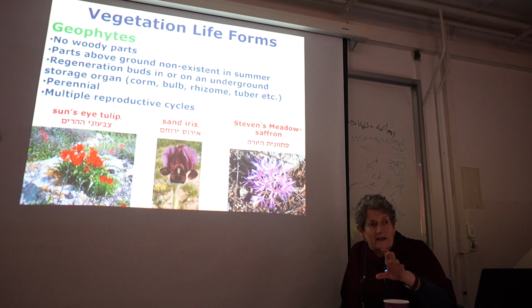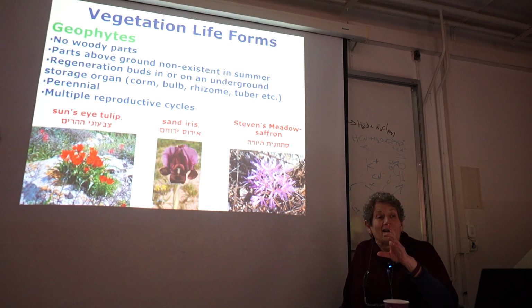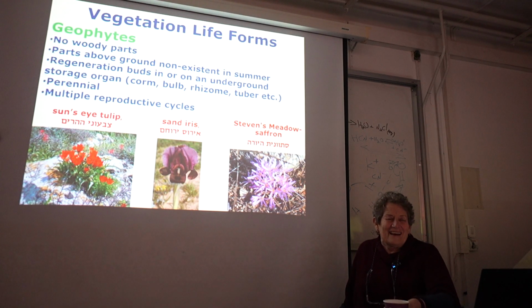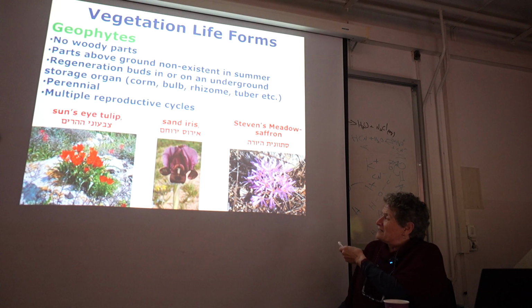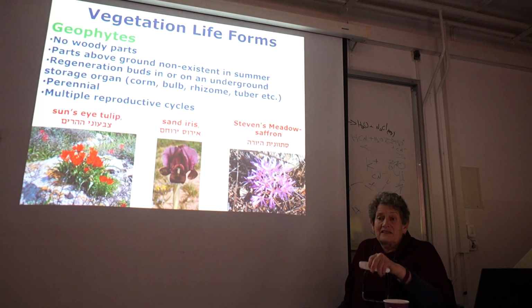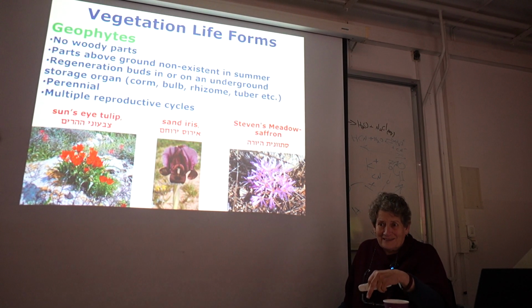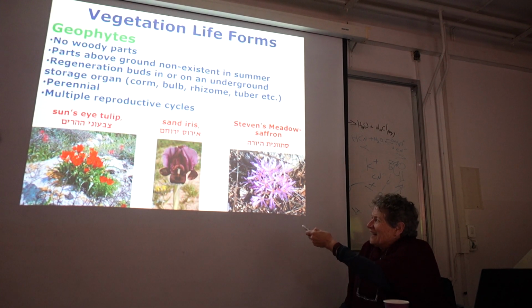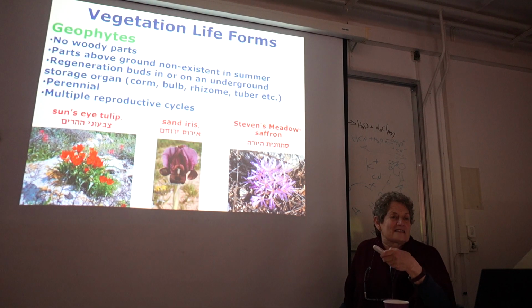Anyone know what Yoreh is? What? No, not a shooter. Yoreh are the first rains. Okay, so these are the plants that appear with the first rains. And then you have, for example, the sand iris. This is the time of the year, are they out already? Yes. And now the irises are, of course,